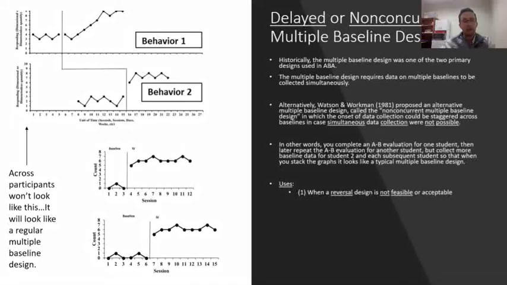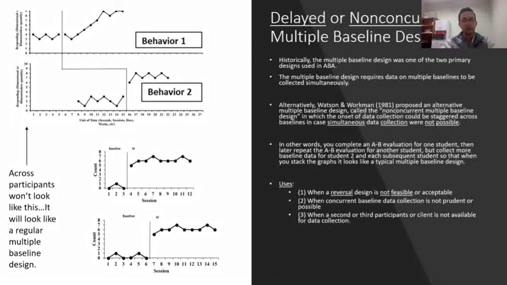Now, the uses of the delayed or non-concurrent multiple baseline design: when a reversal design is not feasible or acceptable, you can use this type of design. Or when concurrent baseline data collection is not prudent or possible. In other words, you have to wait to collect data on the second, third, or fourth baseline. And then when a second or third participant or client or student in the classroom is not available for data collection. In other words, this is a really nice design to use to experimentally evaluate the effects of interventions or